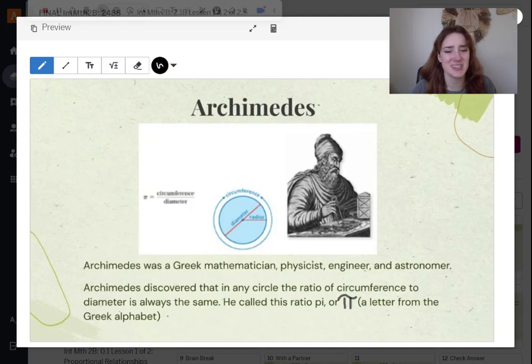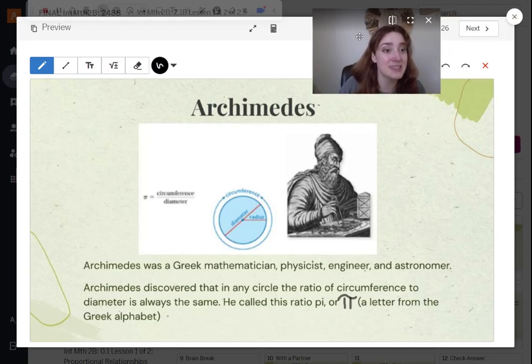Just as an observation, it's an interesting pattern to see. I don't know if I could ever do something like that. Just observe, oh yeah, every circle, same ratio. So pretty cool that he did, helpful for us in math. So whenever we're hearing pi,